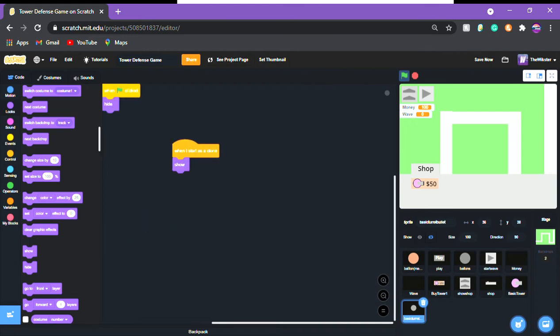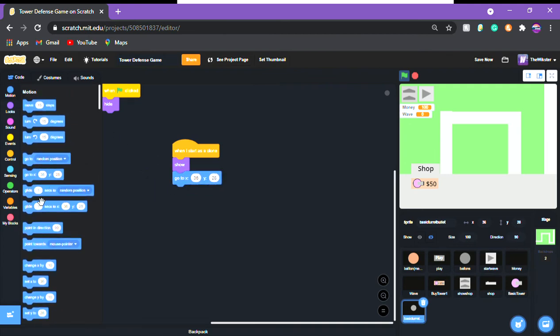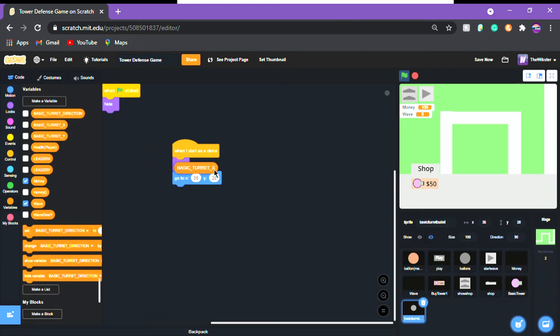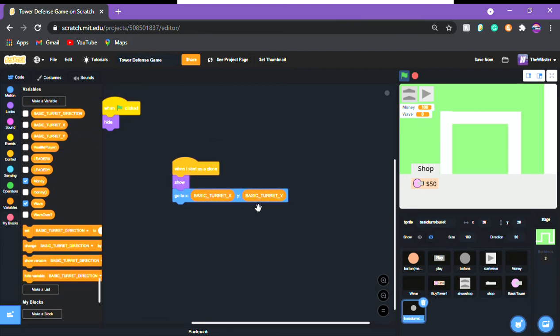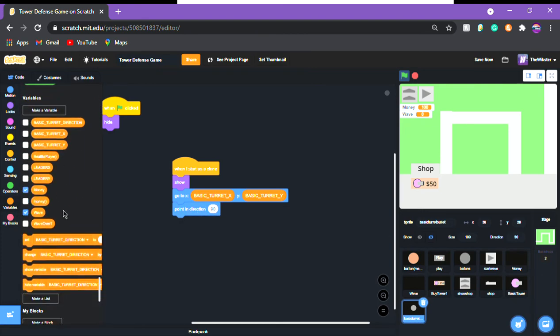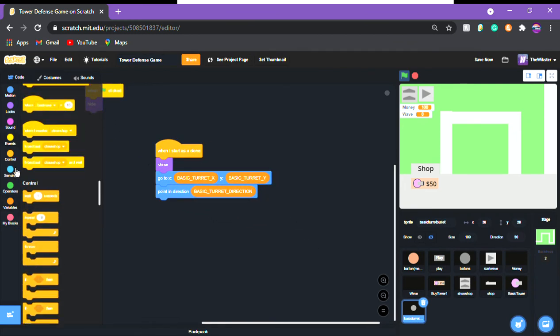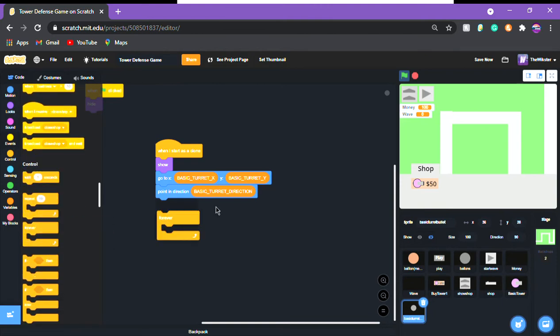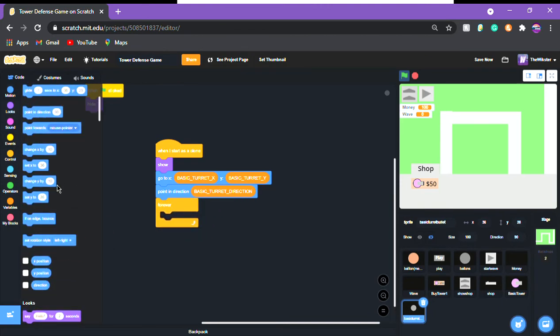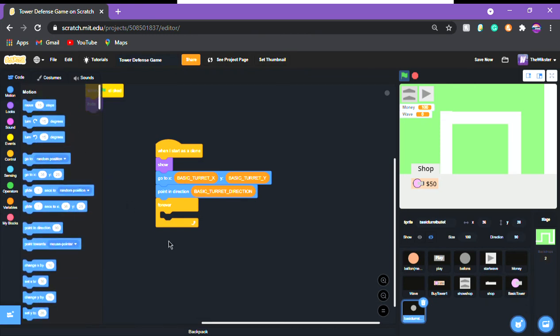and then we're gonna get this go to X and then Y, and we're gonna put basic turret X for X, basic turret Y for Y, and point in direction, and you're gonna go to variables, basic turret direction, and we're gonna put forever move 10 steps, where is the 10 steps, move 10 steps, and you're gonna get an if